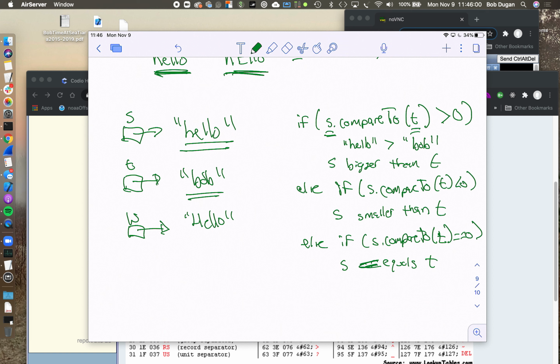Now the way that this compareTo works is that we compare the characters at each position in the string. So for example, when we compare S to T, what we're going to do is first we're going to compare the H to the B. And if we find a difference, immediately compareTo returns. But let's say we have a V here, and it's HELLO,